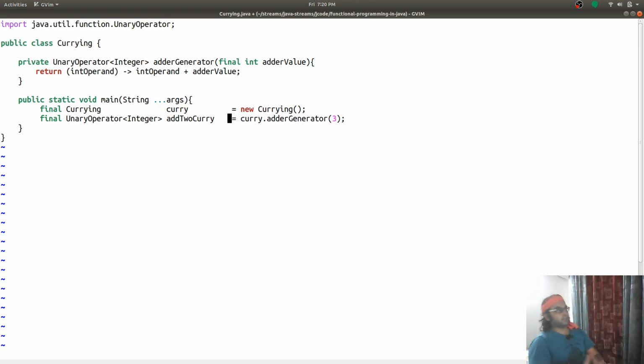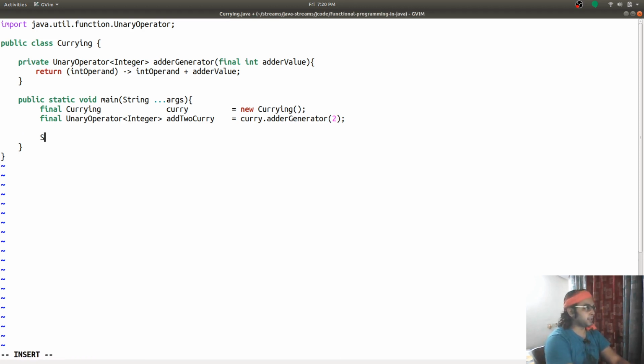We have an object curry that represents the current class, and that calls a function adder generator, and that generates a function that whenever it is called with an integer value, adds 2 to that value and returns a new value.